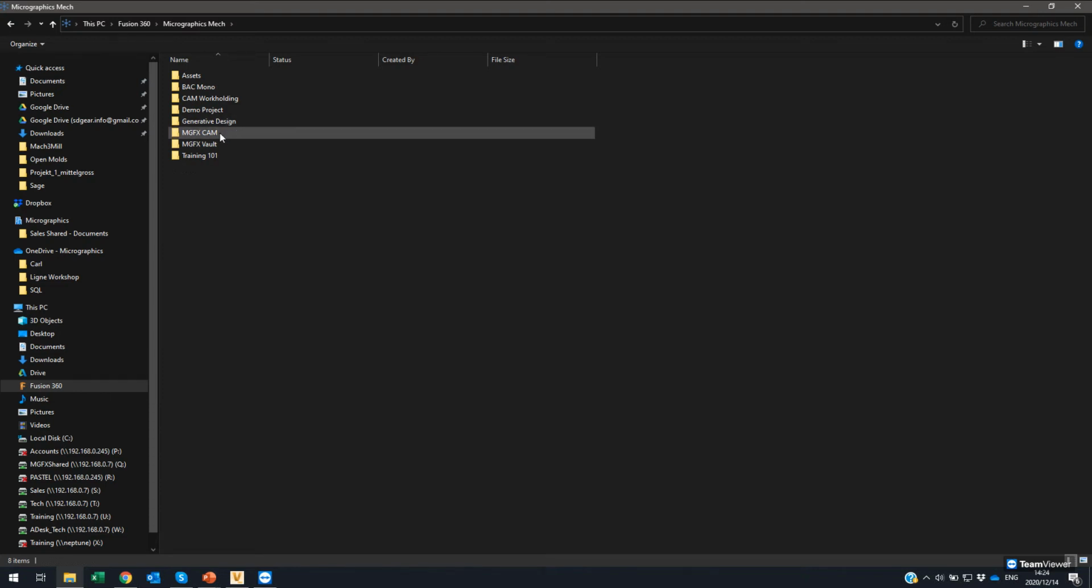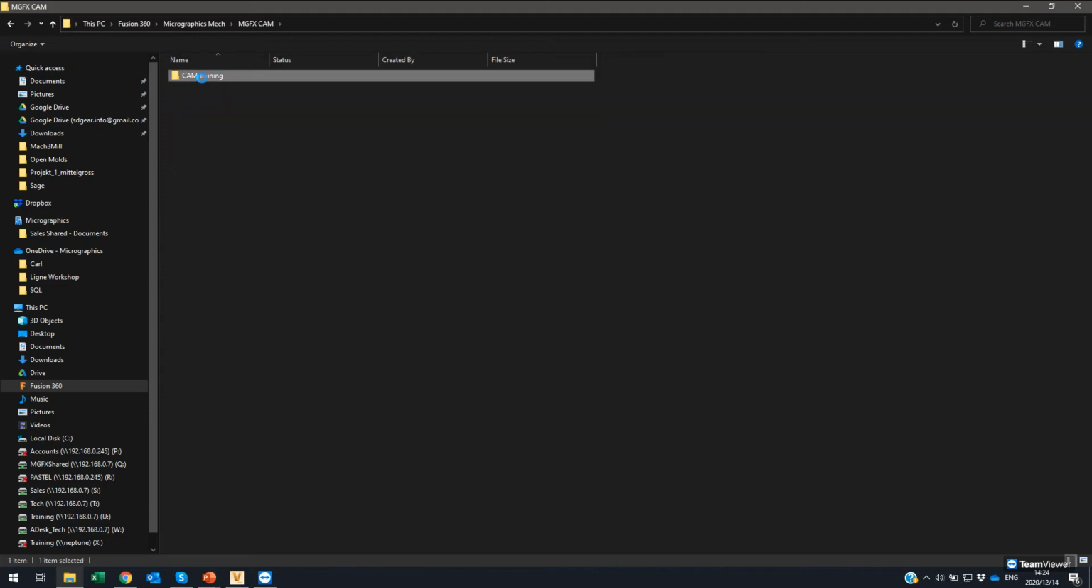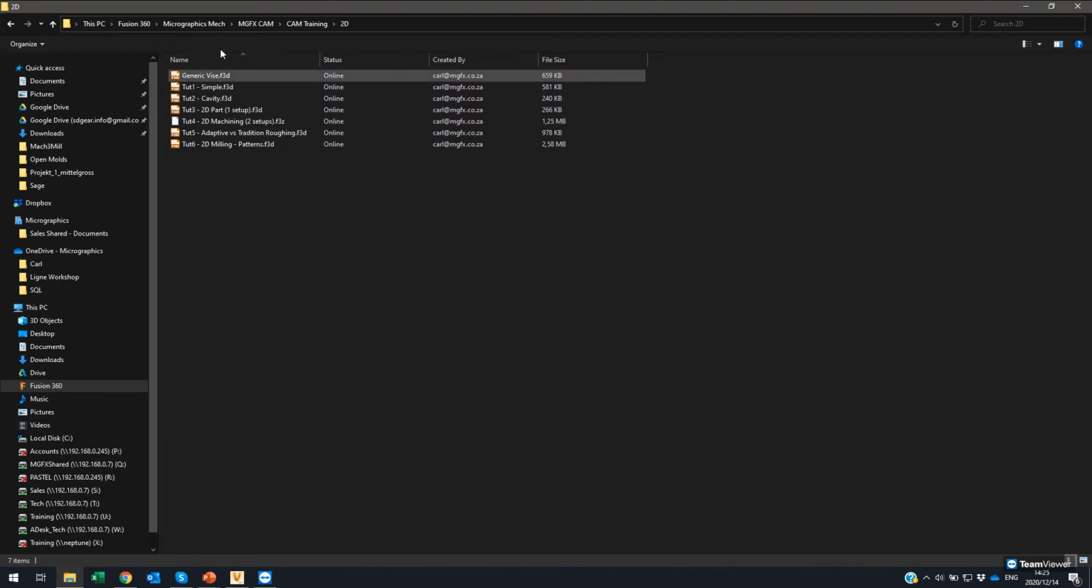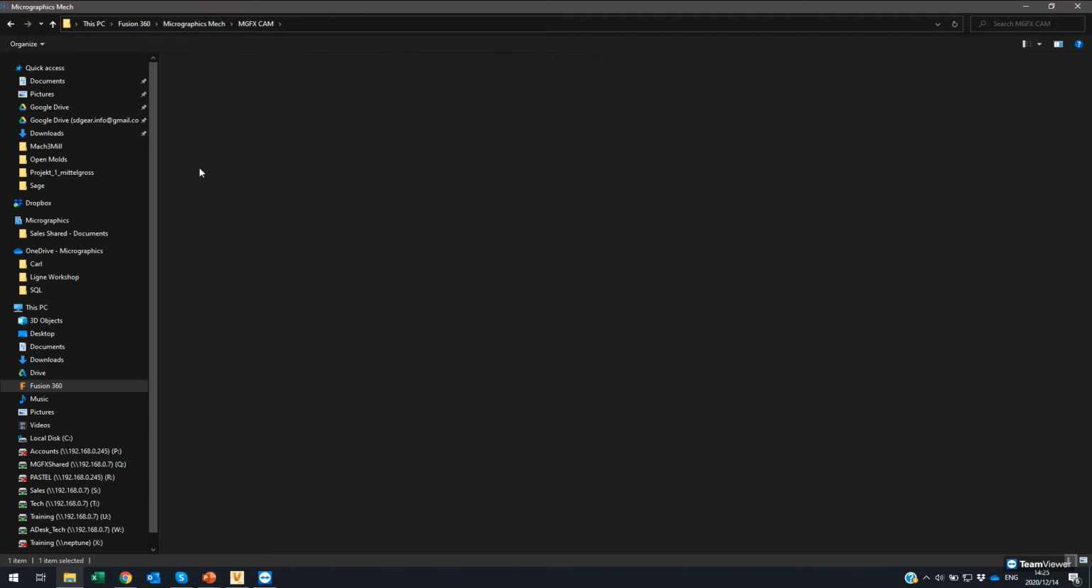So we'll have a look here, and I can go into that MGFX CAM folder and browse and see those files that are in that folder. So I'll browse through, and we'll find that there's the various different files that are in there. These are, you can see the F3D files and their status. So these are Fusion files. If I go back to Micrographics Mech and go into MGFX Vault, there are those same folders that were synchronized with Vault,